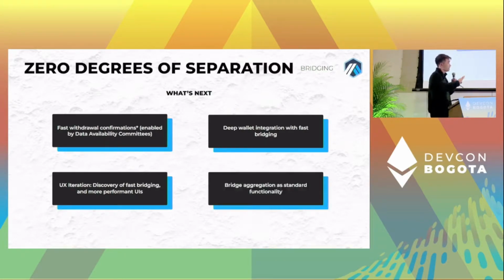And something I'd like to see long-term is bridge aggregation as standard functionality, right? There's lots of trade-offs you have to make to find the best performance, the best security between all the options that are out there. Having functionality built in, and I talked about this with wallets before, as standard functionality where you're given a bunch of options, you can see the average cost, and you can make a decision for yourself in the UI, that would be great. And making that standard across all options would be phenomenal.